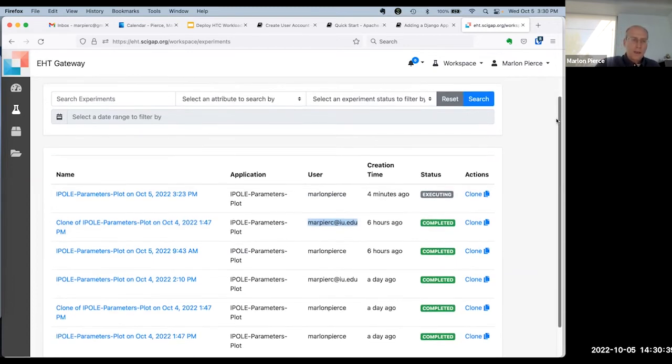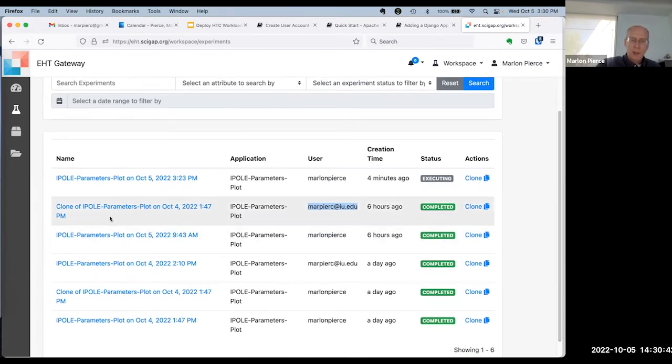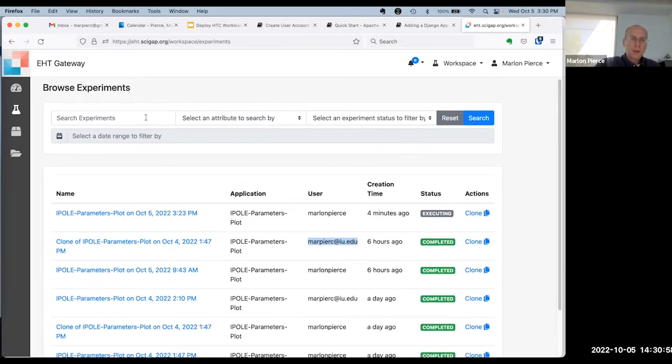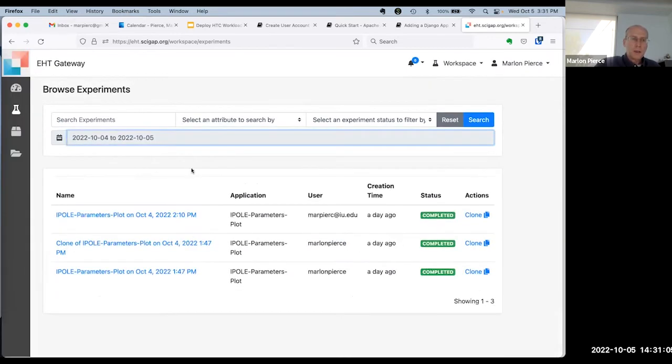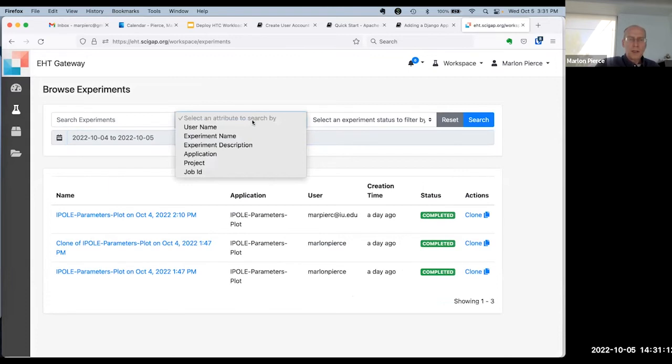So, you know, a lot of these are remarkably similar with each other, but nevertheless, you can imagine building on this where there's lots of different pieces of software and lots of different applications being run and so forth, where you might want to sort through these things. And so you can search for your experiments. You can select the date range. Just give me what's available the last day or so. You can search by various attributes,